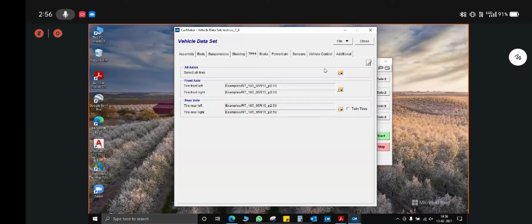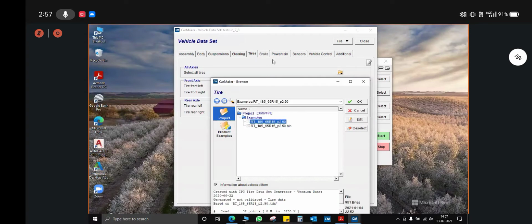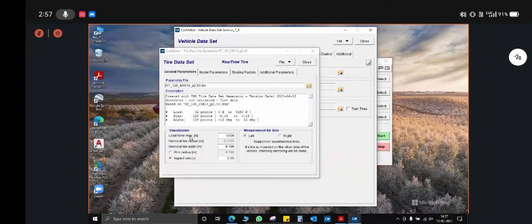So I request all the teams to download all the manuals that are available in the link that has been provided in the IPG CarMaker guidelines. You can access all the manuals from there, including this new manual, the generation of tire dataset, that will be shared by the ATS team. Currently, if the teams don't want to go into detail in this and they just want to use the file that Baha will share, then they can leave this as default and move ahead, or they can directly edit it from here also.